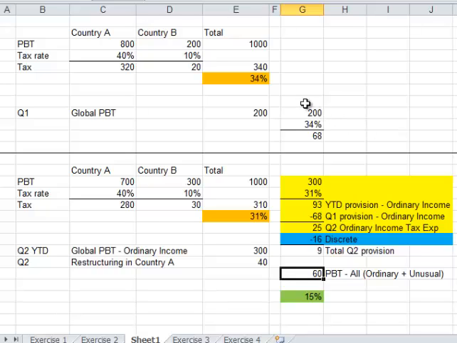Right. So I guess the way I would describe it, using slightly different words, but what you said is perfectly right. This 31% right here, my annual effective tax rate that I'm planning on for the year, this assumes that every dollar of income I have is taxed at a blended rate of 31%. And if I get more deductions in country A at a rate of 40%, right? That's a good thing. I want my deductions at the highest rate possible, and I want my income at the lowest rate possible. So if I have more deductions in country A,